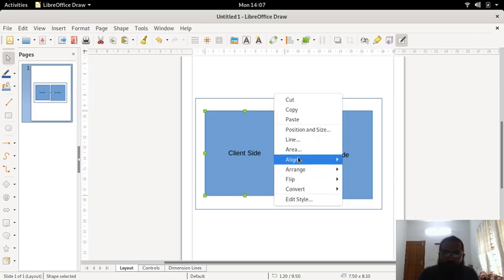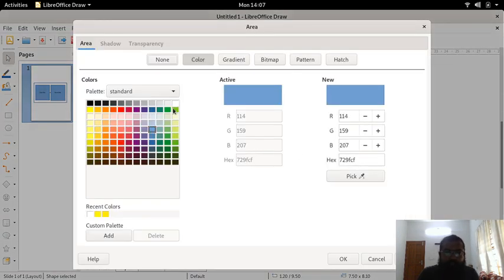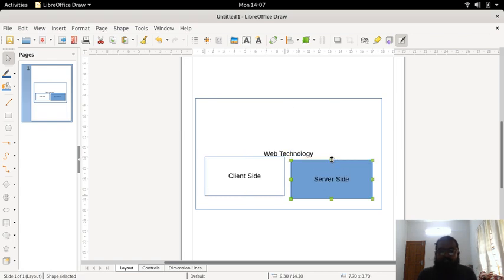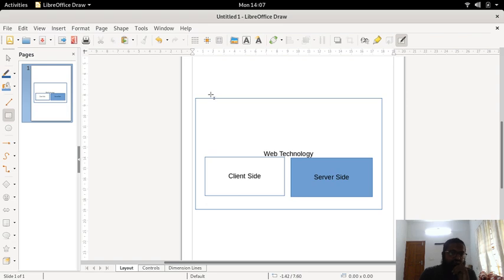Let me put it this way. The web technology consists of these major things, and then it consists of the other networking aspects as well, correct?